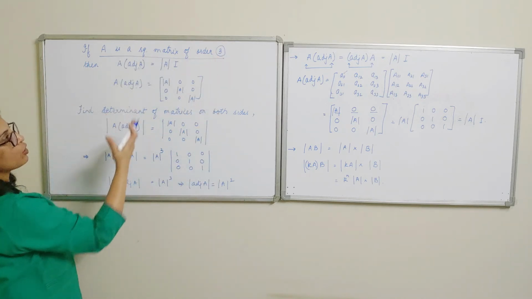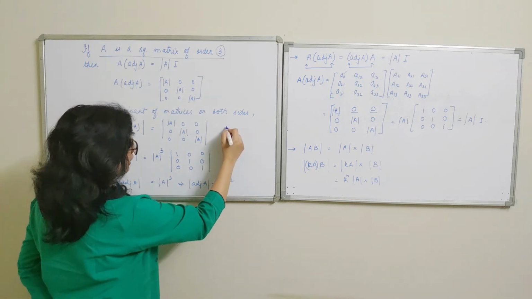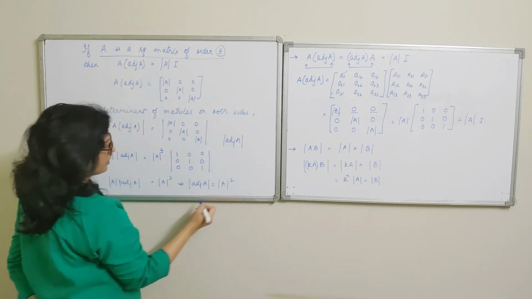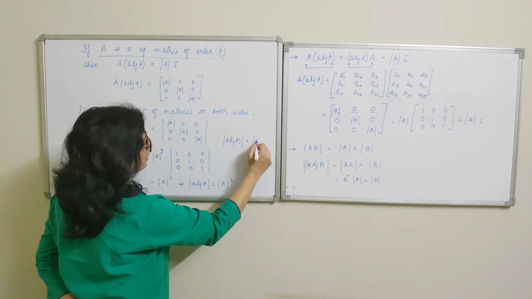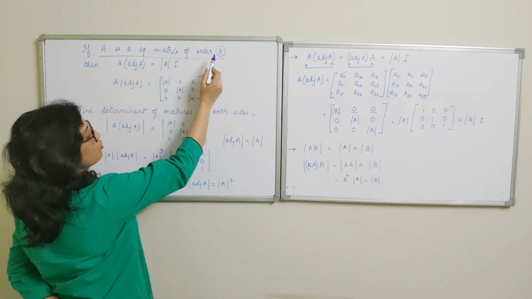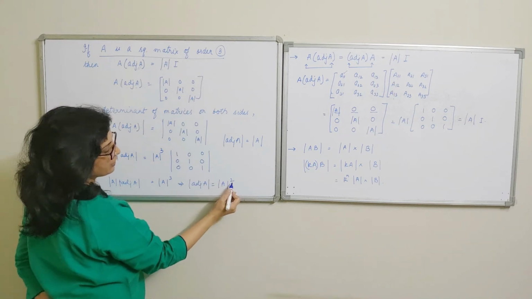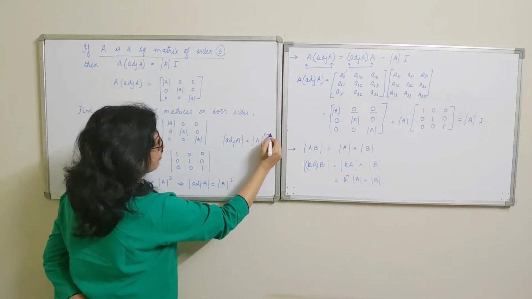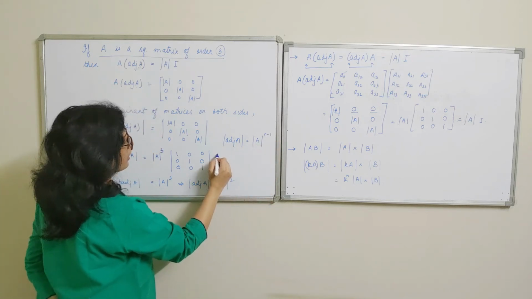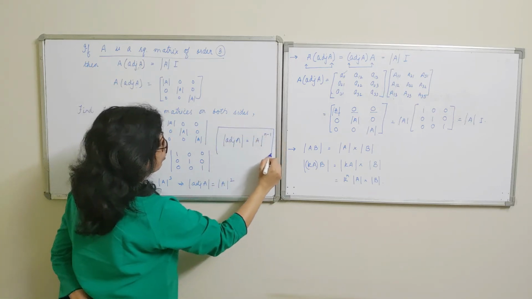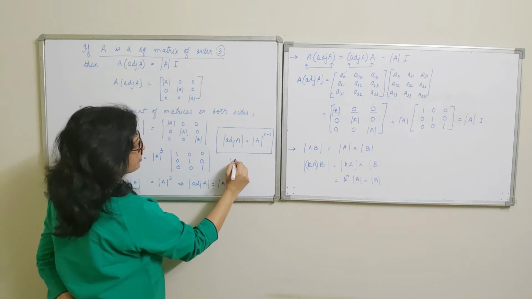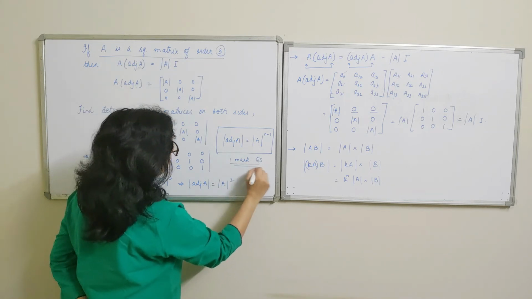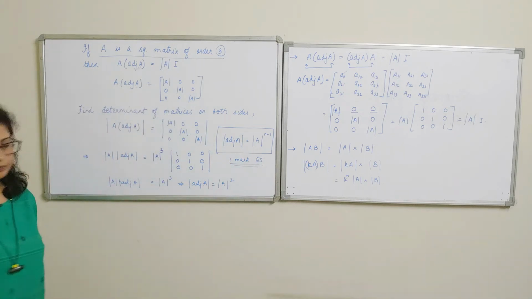Alright. Now suppose the order of square matrix is n, then the result can be written in generalized form as the determinant of adjoint is determinant A to the power. See, you can correlate. When order is 3, the power here is 1 less than 3. So if order of A is n, then power here should be n minus 1. So this way we have obtained one important result, and based on this result we are usually asked 1 mark questions in the exam.